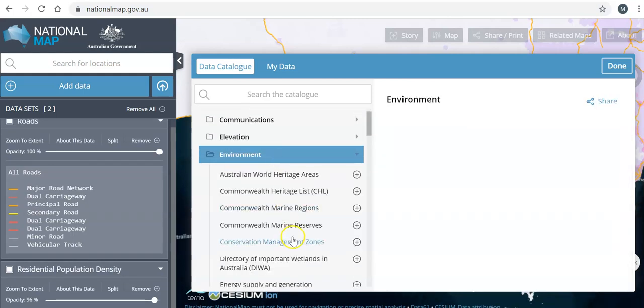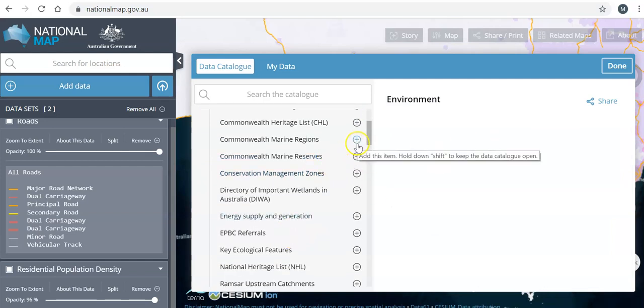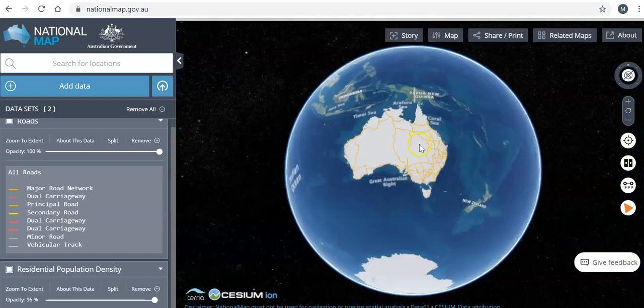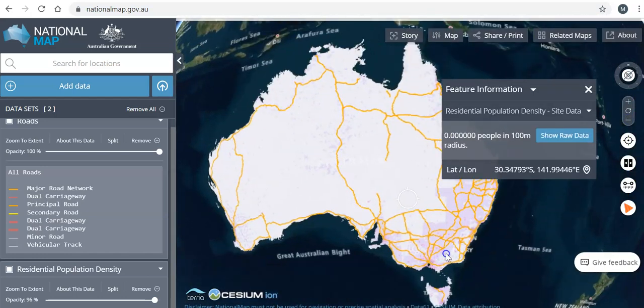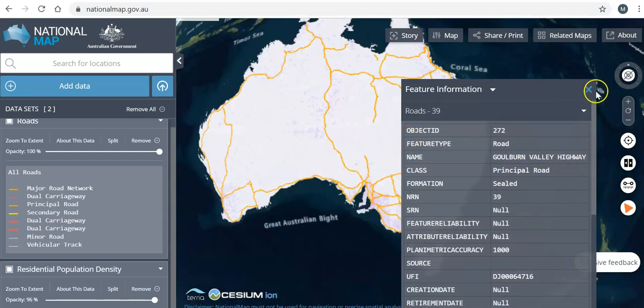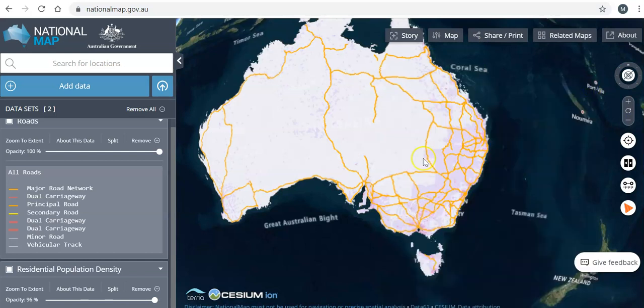You define your different layers, okay, and then you add them, click on that button, and they will add to the map itself. And you can look at various scales by zooming out on the regions. Okay, you can look at state-based or national-based, depending how far zoomed out you actually go, and look for patterns